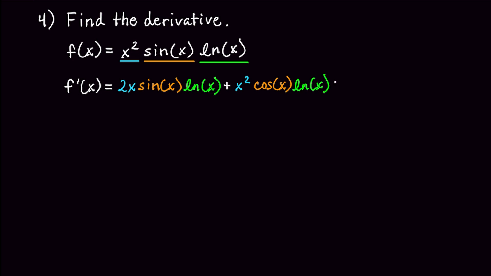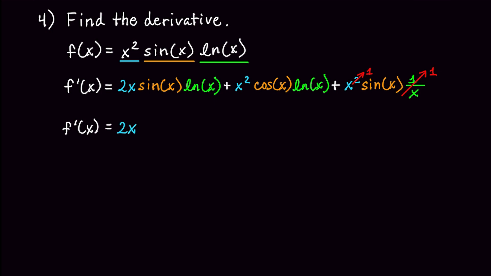And then we'll add, so now the prime cycles through to the final function, which is ln of x. The derivative of ln of x is 1 over x, so let's write that down. And of course, we keep the first and second functions the same. So we have x squared times the sine of x times the derivative of ln of x, which is 1 over x. And we can't simplify the first and second term, but the third term has a little bit of simplification. We can cancel out one of these powers here. So this can be to the power of 1, and this whole term over here will cancel to 1 as well. So we can write our final solution as f prime of x is equal to